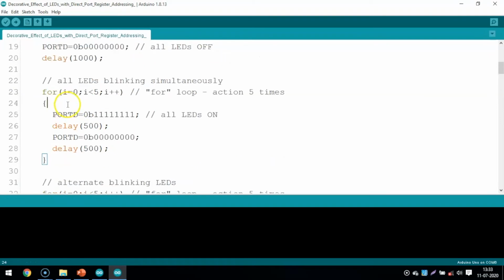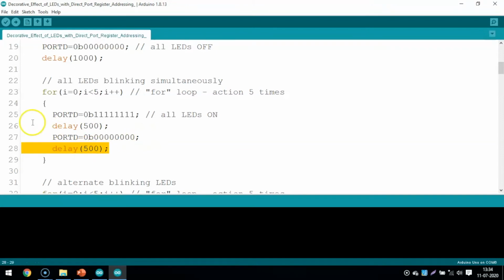And here at the bottom, within the for loop, I have written 4 lines. PORTD equal to 0B all ones, means all LEDs will be on. Then the delay here is 500 milliseconds. Then I write another line, PORTD equal to 0B all zeros, so all LEDs will be off, and the delay is 500.